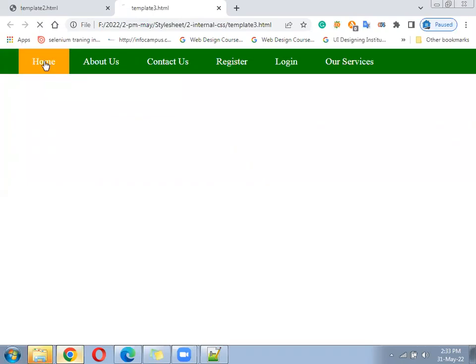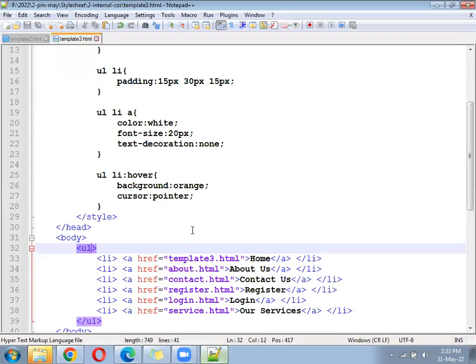Check once. It is on the same page or it's going somewhere else. Same page. It should remain on the same page. About, contact, register, login, service.